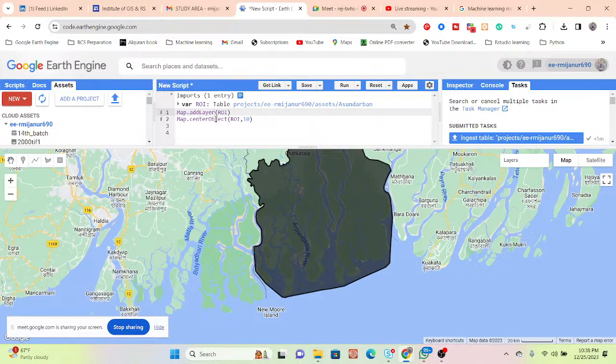In today's session, I will show you how we can easily get the clear satellite images, mainly 2000, 2013 and 2023 for Landsat, and also Sentinel-2 for 2023. Further, I will show you how we can easily collect the training samples for each class.